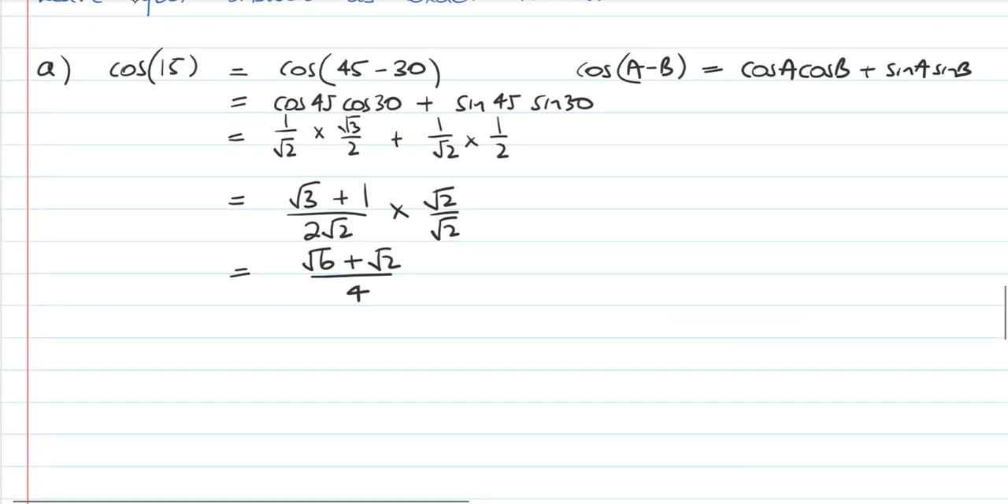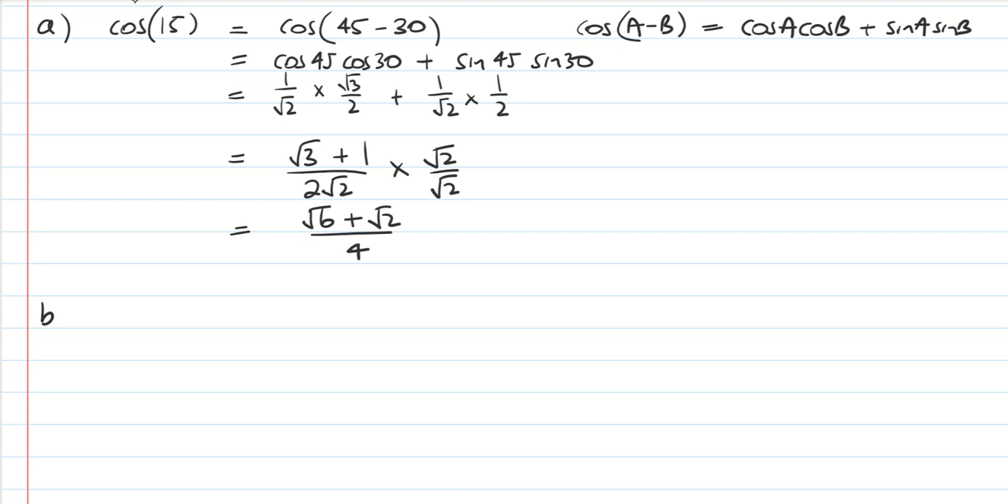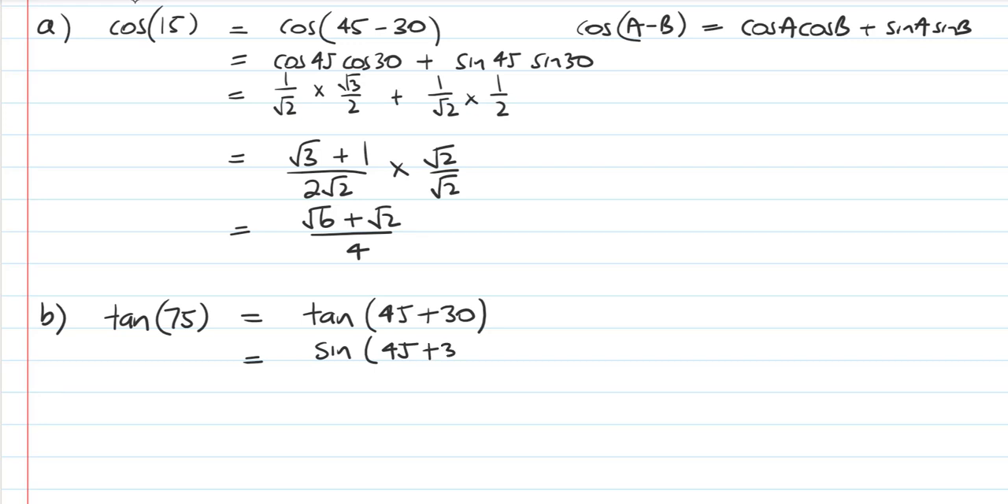We've got some extra exact values now. The second question is tan of 75. So I'm going to write tan of 75 as tan of 45 plus 30, and then I'm going to write that down as sine of 45 plus 30 over cos of 45 plus 30, and then I'm going to evaluate